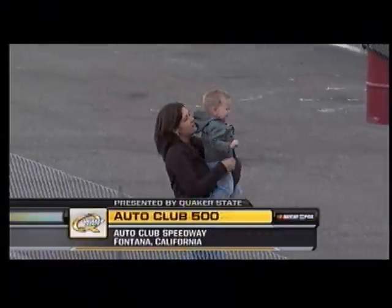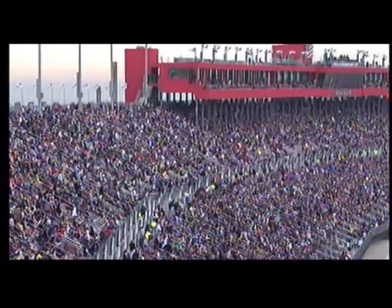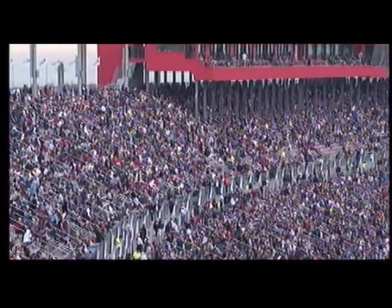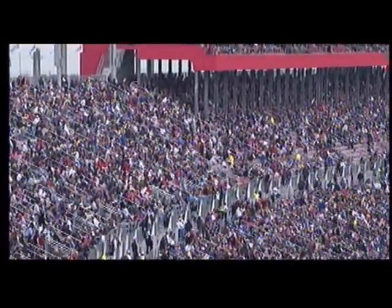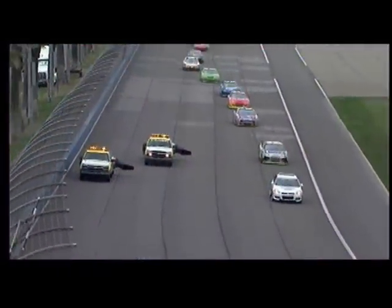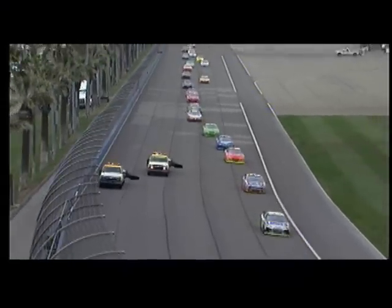Welcome back to Southern California. Nice crowd on hand. The pre-sale for this race was quite light, but every time I walked past a ticket booth this morning, there was a line. There was a very good walk-up crowd for this race, and we look forward to a full house next week